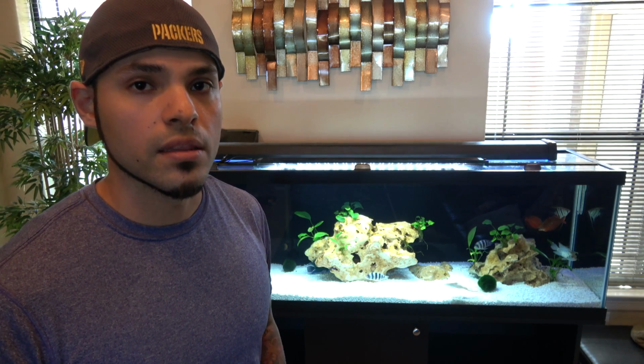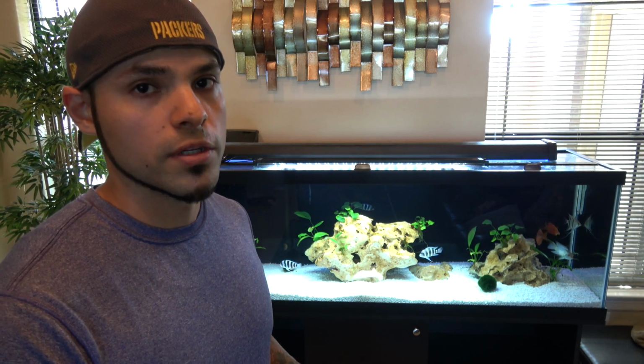I do plan on getting a larger tank in the future, but this is what I'm working with right now. So what I have in here are Frontosas. I have an electric blue Jack Dempsey, an electric blue Acara, some rainbow fish, angelfish, a rainbow shark, and a